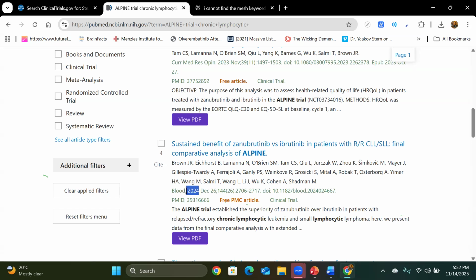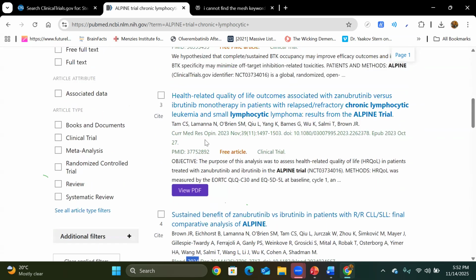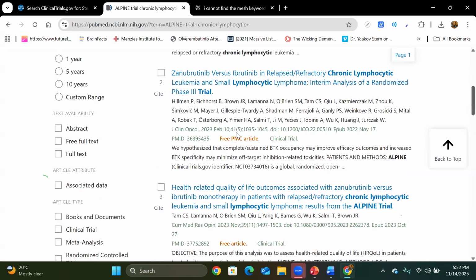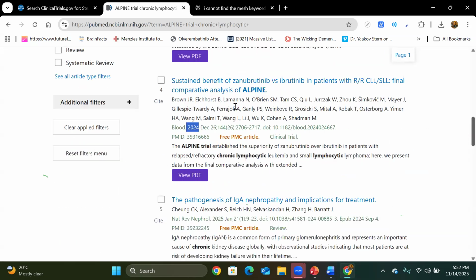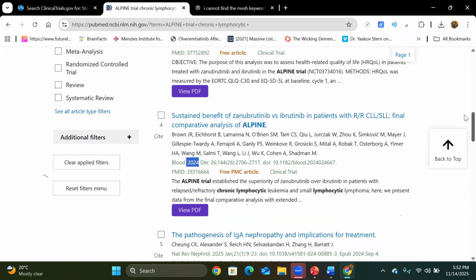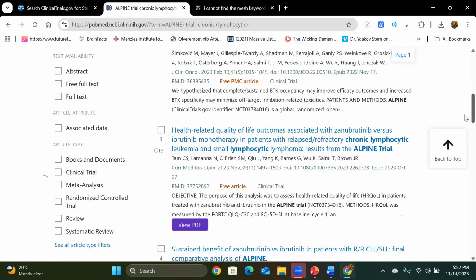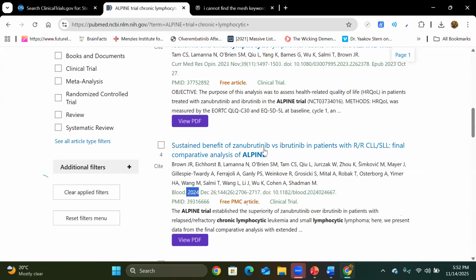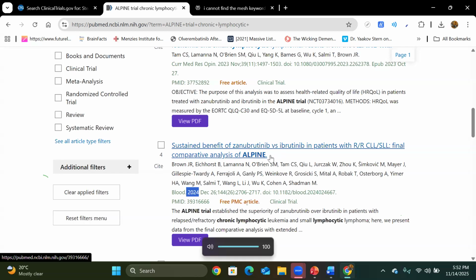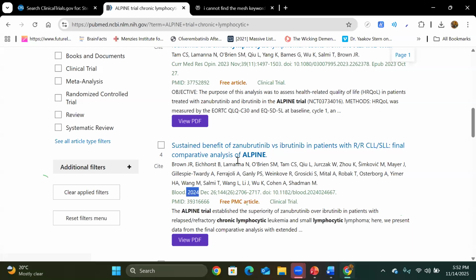This was submitted in 2024. This was published in 2023. This was published in 2023. And it is saying that this is the final one. So what I would do is I would not add these two. I would just include this one, the last one, that was the final one. But this decision you will not make in primary screening. This is after you have gone through the whole article in secondary screening, okay? And sometimes this happens that even if you don't make this decision, that is totally fine. You can add all of them in the group.